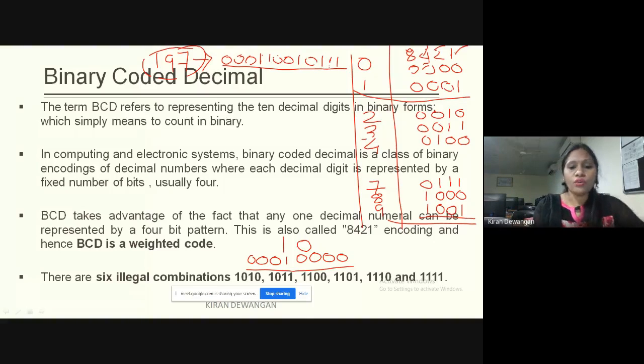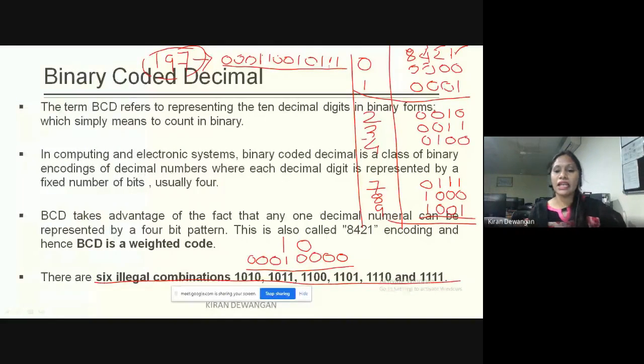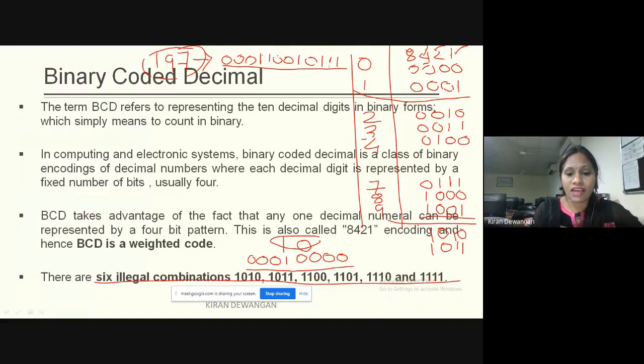Clear? Now, one important thing to understand, there are 6 illegal combinations. Now, what are these illegal combinations? As I said, when we have to write 10, you people were saying 1 0 1 0. 10 की वैल्यू होती है 1 0 1 1. 11 की वैल्यू होती है. So these are the values, but actually these are nothing but 4 bit के different combinations, right? तो हमने यहाँ पर 10 combinations को use कर लिया है.